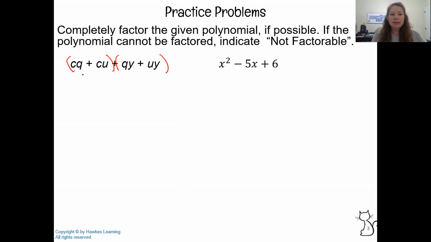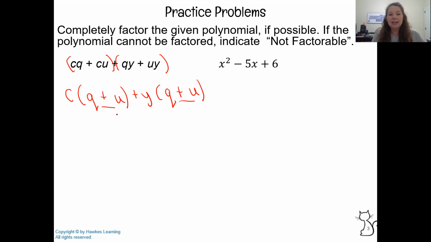So now just looking at the first 2 terms, what do they both have in common? They both have a C, so we can factor out a C. So CQ divided by C is just Q, and then CU divided by C is just U. And then in our second set of terms, we see that they both have a positive Y. So if we pull out a Y, we would have Q plus U, and then notice that our parentheses match